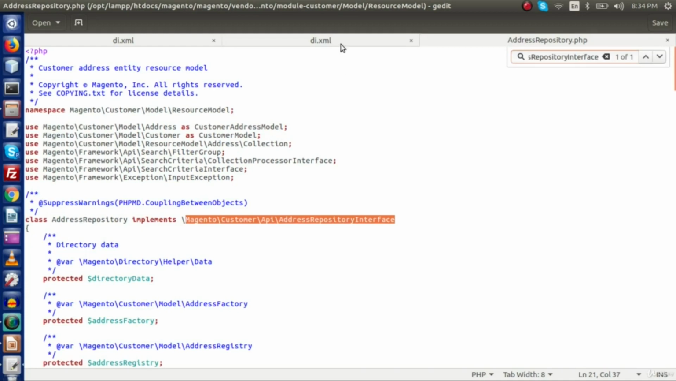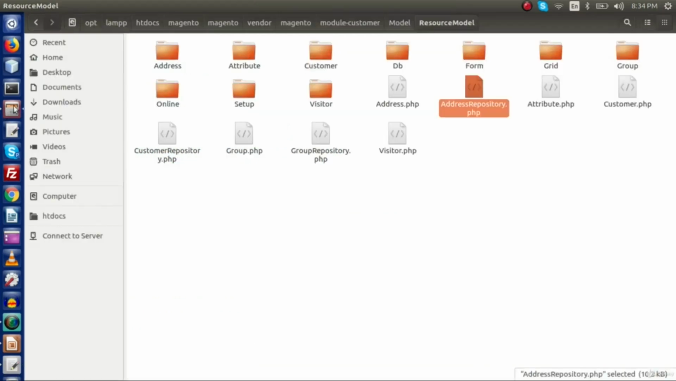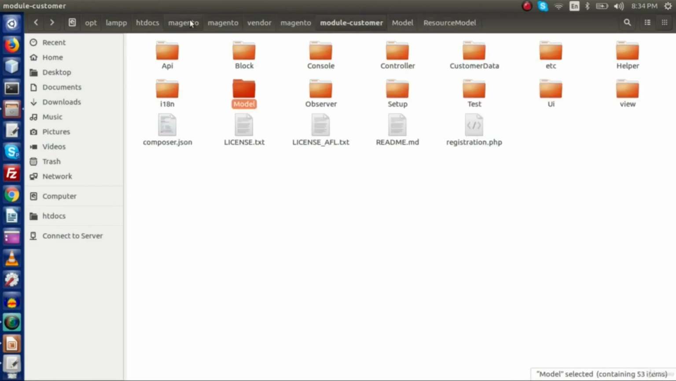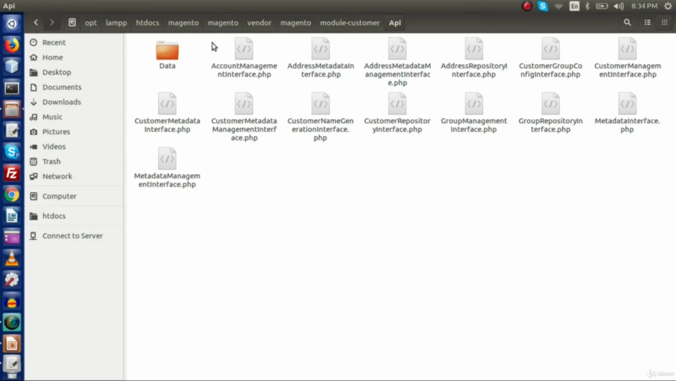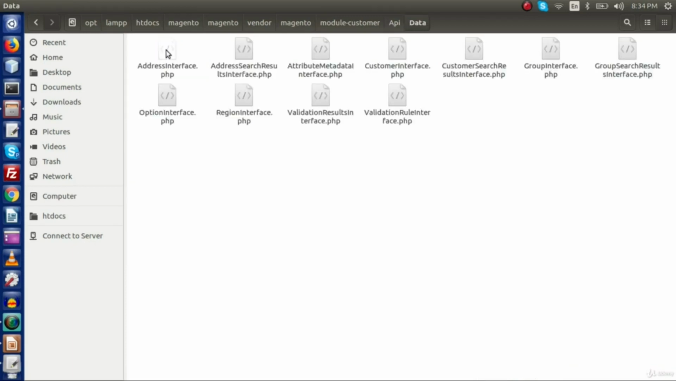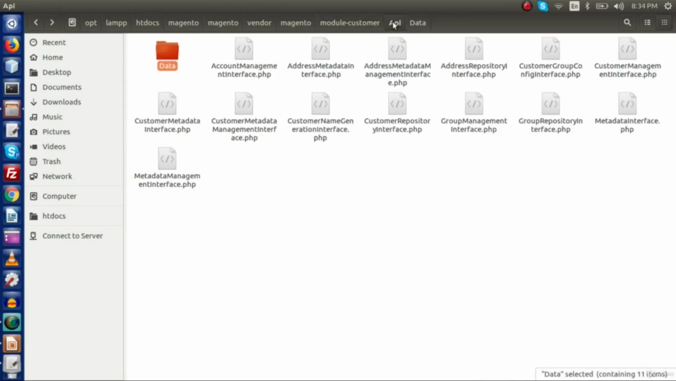Okay, so in Magento, let's discuss this again. In Magento we have modules, and inside a module we have an API folder. Inside the API folder we define two types of interface. One is the service interface that lies directly inside the API folder. The others are data interfaces that lie inside the data folder. And if a module contains both of these types of interfaces, we can say that this module uses service contract